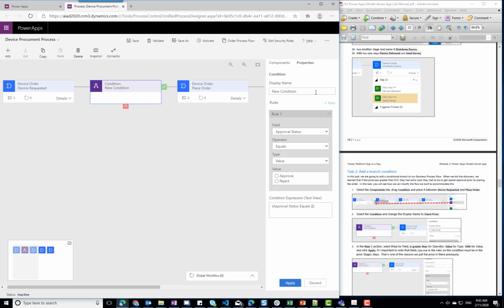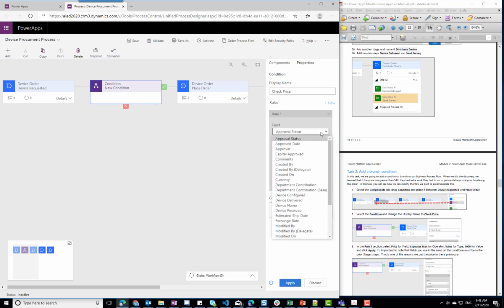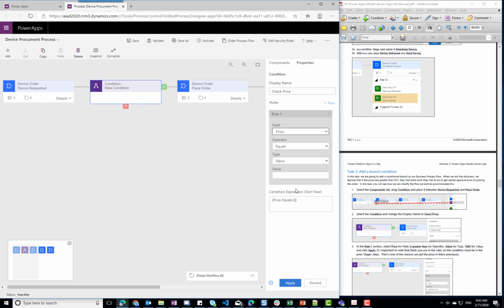And my condition will be to check the price. So I'm going to call it check price condition, and basically if my price is greater than 1,000, or we can set it is greater than or equal to 1,000,